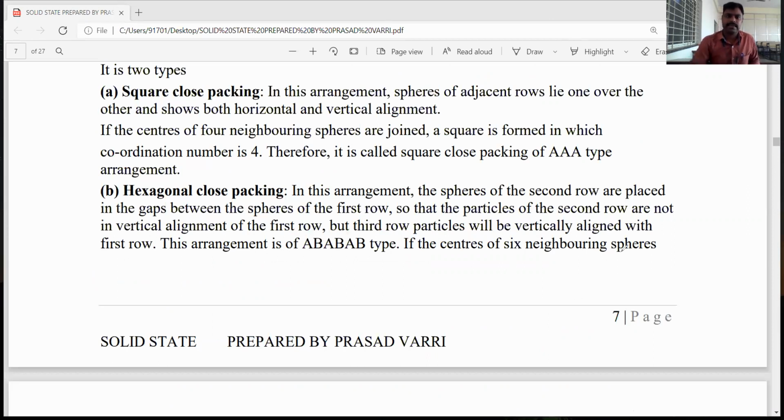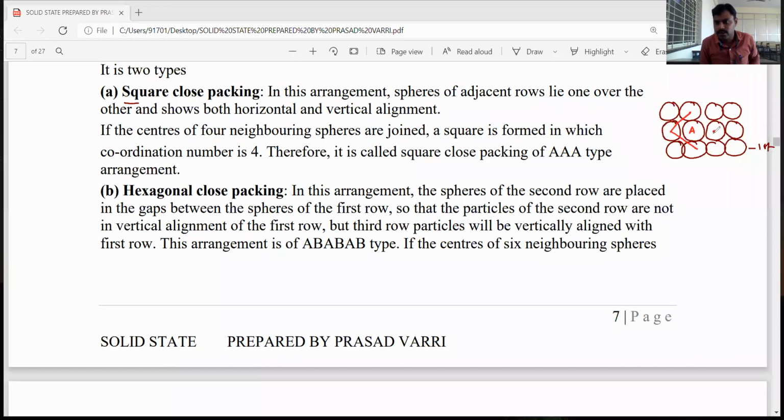The square close packing arrangement is nothing but, first, we already know the one-dimensional layer arrangement. Just imagine that this is the one-dimensional layer arrangement, this is the first layer, and the second layer exactly matches the first layer, and the atoms are aligned. Aligned means they are in the same direction, either vertical or horizontal. This is known as square close packing arrangement. For example, imagine that this is one atom. This A atom is surrounded by how many atoms?